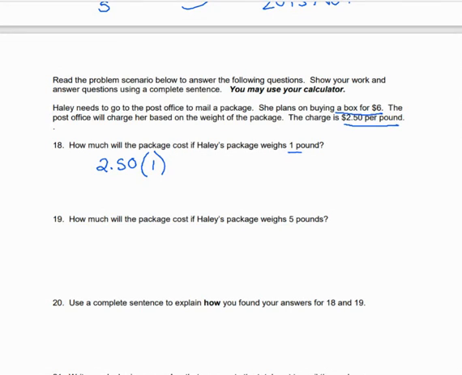Any other charges that she has to pay for? Right, we have to add 6. We're buying that one box. So plus 6. I'm not multiplying 6 because I'm just buying one box. It's a one-time fee for the box. So simplify that. $2.50 plus 6 gives me $8.50. We write that with a complete sentence. The package will cost